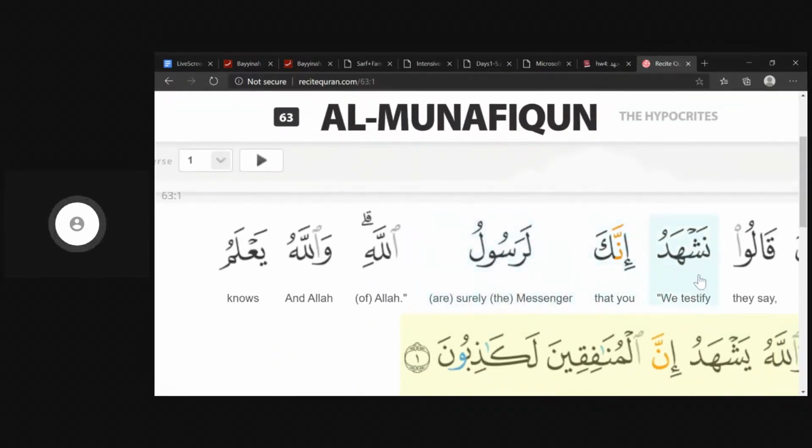If you didn't understand this concept of harf of nasab and its ism starting a new sentence, then you might say, okay, Rasulu is a detail of nashhadu, but it's not anymore because we're not in the same sentence as nashhadu. We're in the innaka sentence now. So this is kind of a sentence inside of a sentence. And if you're confused by that, then it's okay. We haven't really talked about sentences yet, so it's fine to be confused by that right now. If you get it, then alhamdulillah. But because we're in this new innaka sentence, there's no reason for rasulu to be nasab. There's no reason for rasulu to be jar. So it's going to be rafa by default.